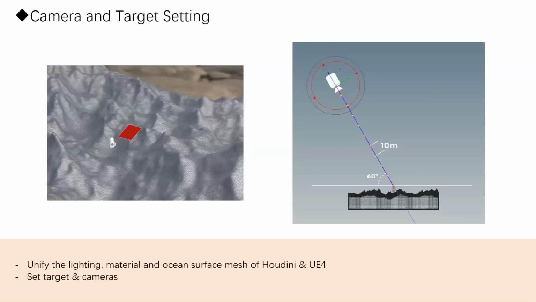So in order to compare the quality of the rendering images under different camera distances in the different software, the first thing to do is to unify the environment of the two software. The default lighting in Unreal Engine is all about reproduction of realistic renderings. It doesn't quite match what we are aiming for as a study. So the visual optimization has to be turned off to produce more objective results. Even if we clearly know that the rendering algorithms of the two software are different, we try to unify the lighting, materials, and ocean surface so that these have the minimum impact on the render image or maintain